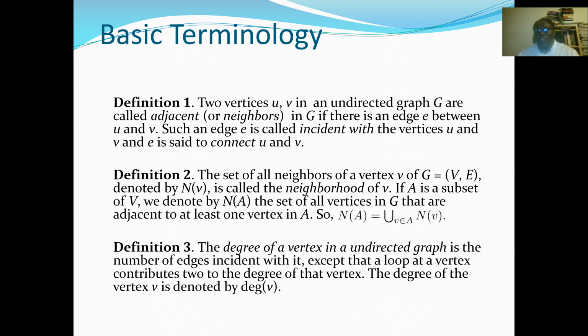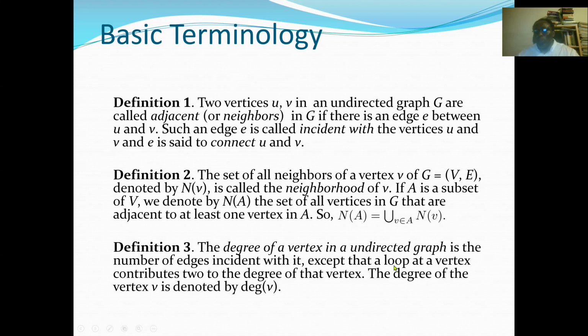We will discuss that later on. For now, the degree of a vertex in an undirected graph is the number of edges incident with it. Remember, the term incident means the edges connected to the vertex,